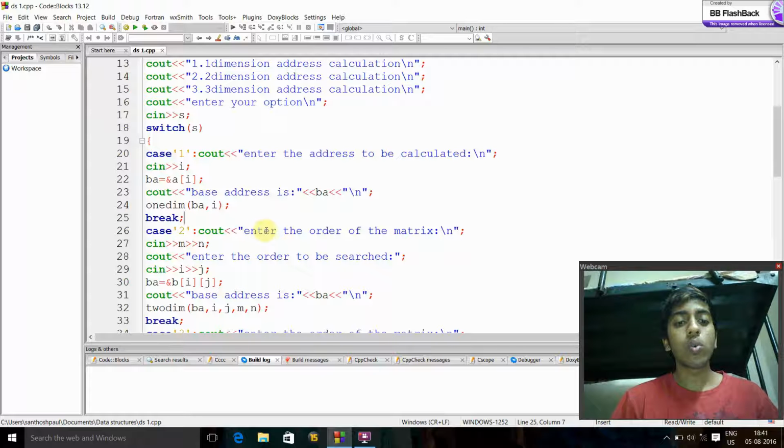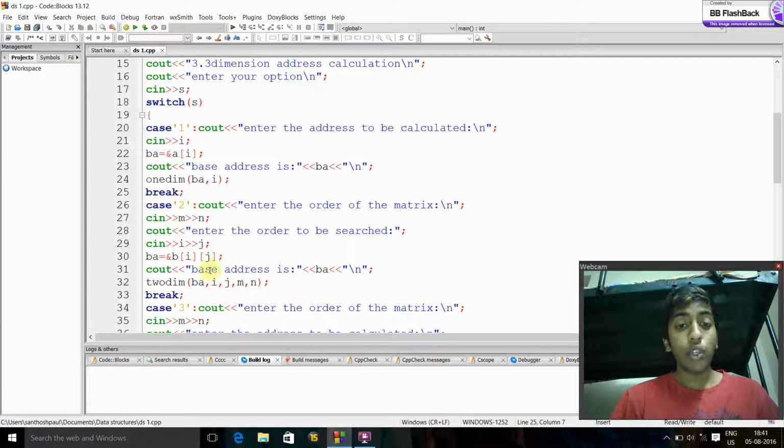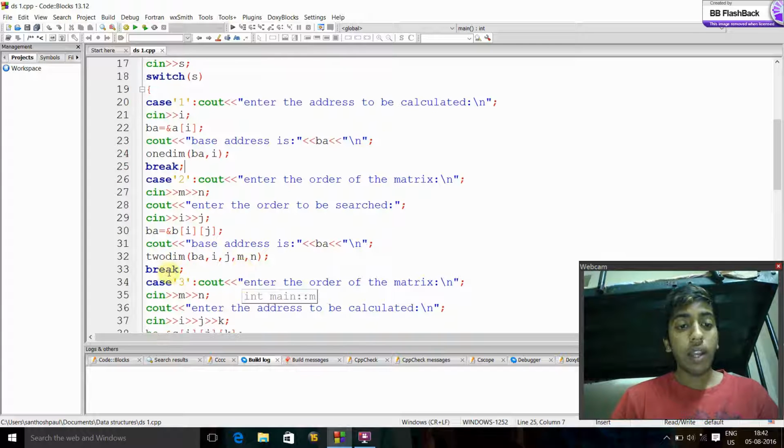And now case 2, prompt the user to enter the order of matrix. M is nothing but row and n is nothing but column, and enter the order to be searched, i comma j, and the user needs to give values of i and j. And now prompt the user to give base address in two dimensional, and again break.